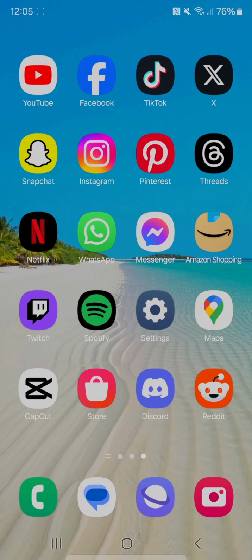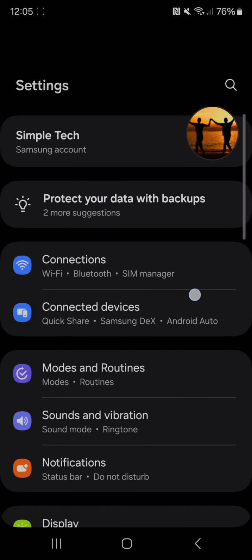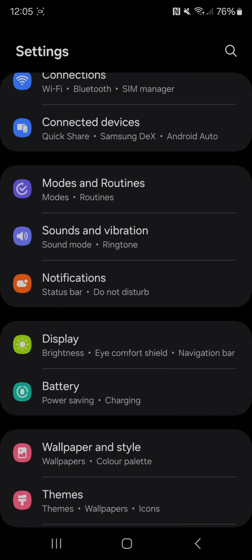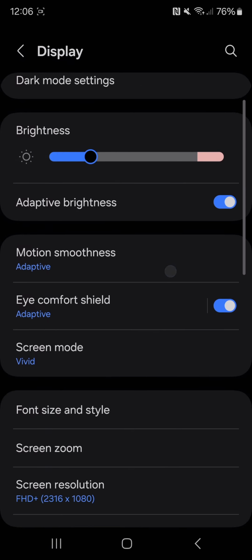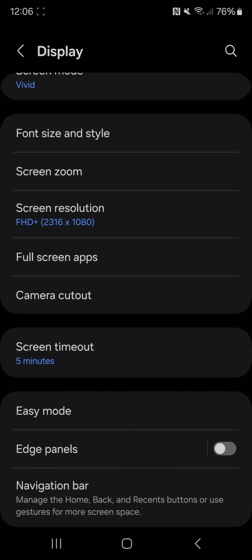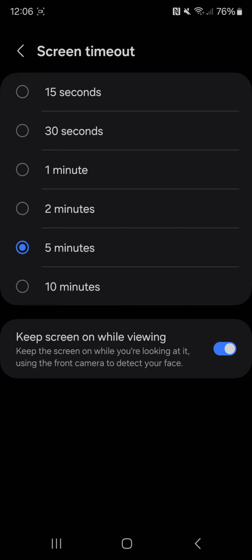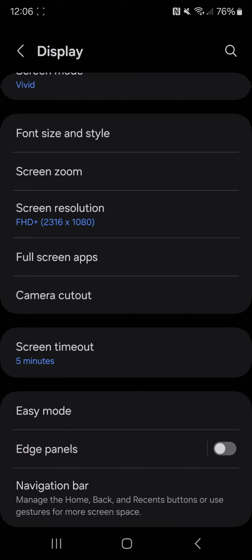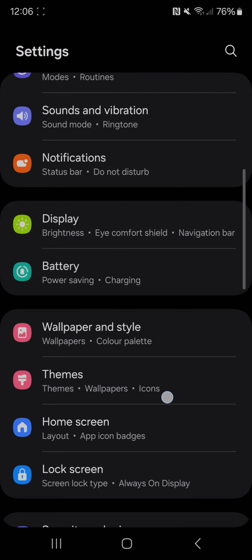So once you go into settings, if you scroll down to display and then scroll down again, you should see screen timeout, and if you look on there it only goes up to 10 minutes. And there's also another option to keep screen on while viewing, but it doesn't allow you to turn off screen timeout. So what you'll need to do is come out of there, go back into your settings page,